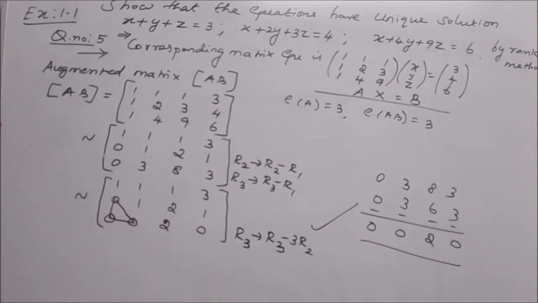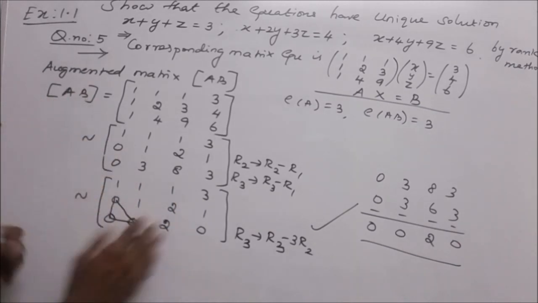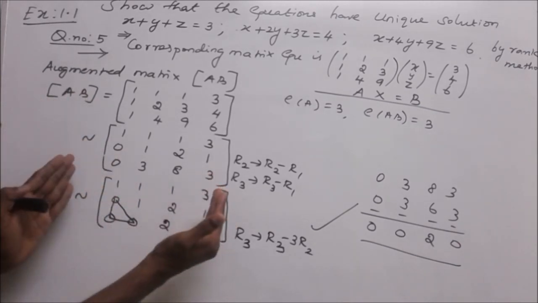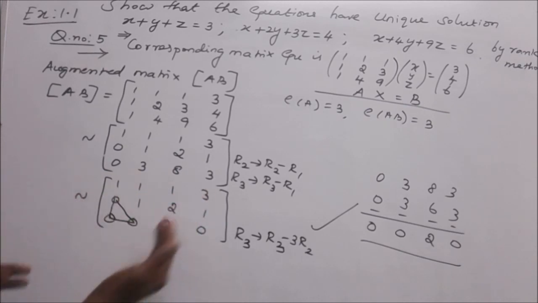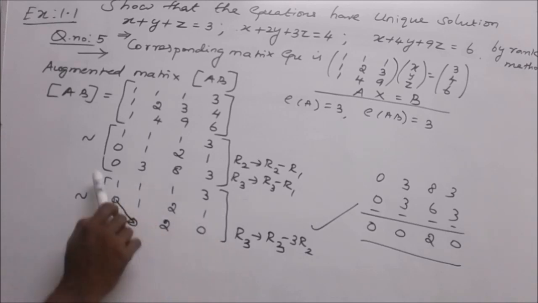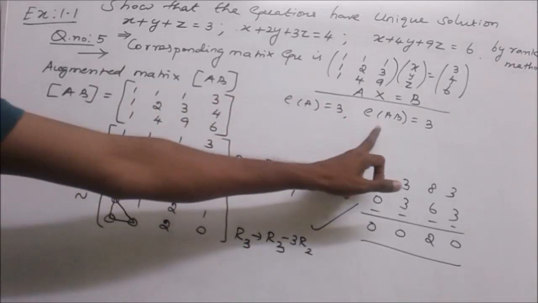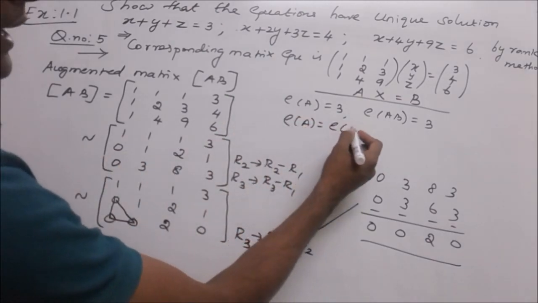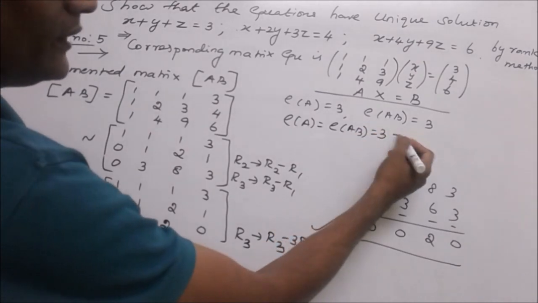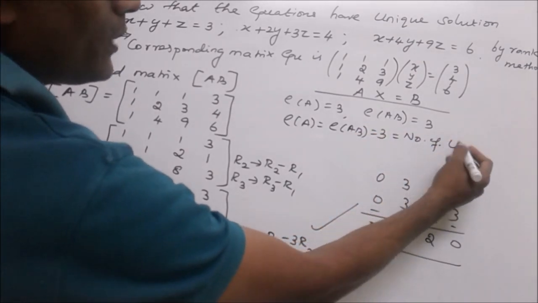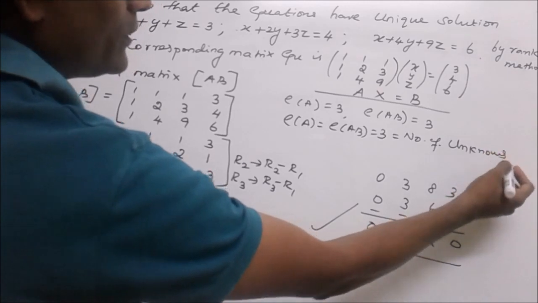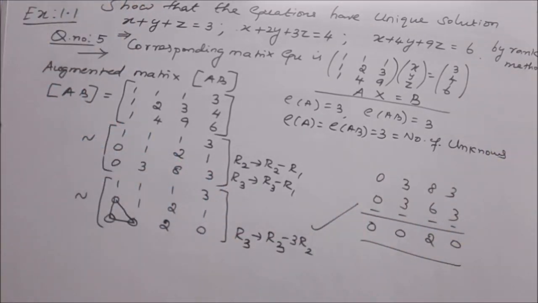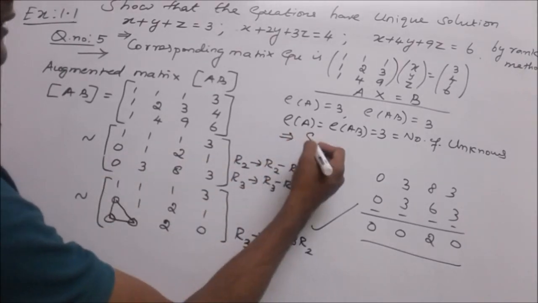Now add the fourth column. This is matrix A, and this is matrix AB, the reduced matrix AB after adding the fourth column. Now counting the non-zero rows: first, second, third, there are 3 non-zero rows. Therefore rank of AB is also 3. Here we have rank of A equal to rank of AB equal to 3, which is equal to the number of unknowns. Unknowns are nothing but the variables x, y, z given in the equation. So this implies the system is consistent